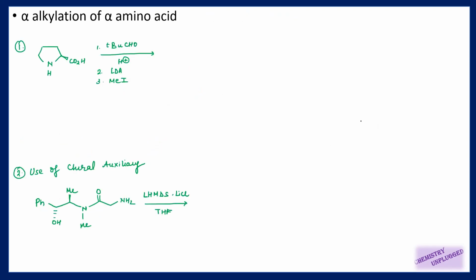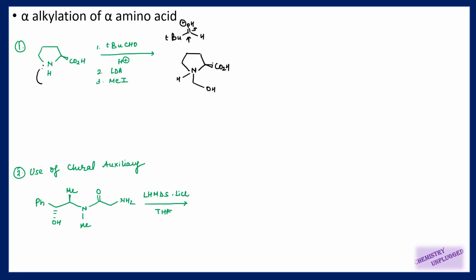First we come to the alpha alkylation of alpha amino acid. So in this reaction, first we are using an aldehyde, right? In the presence of a protonic acid. So we will try to write down the mechanism of this reaction. So we have the starting aldehyde, and we are using a protonic acid. So suppose it attaches with this OH, so this carbon will become more electrophilic in nature, right? And this nitrogen having a lone pair of electrons can attack this carbon. So this bond will shift here, so this whole group will attach with this nitrogen.